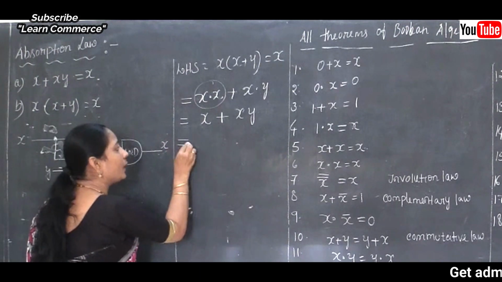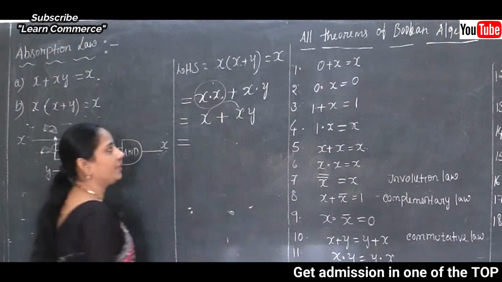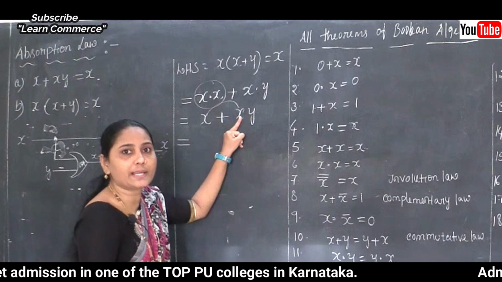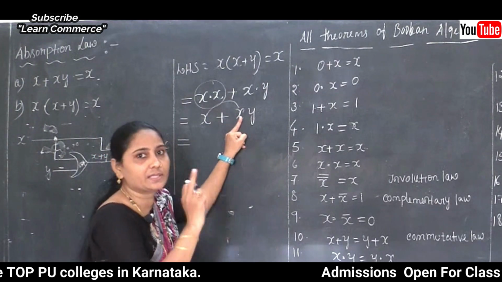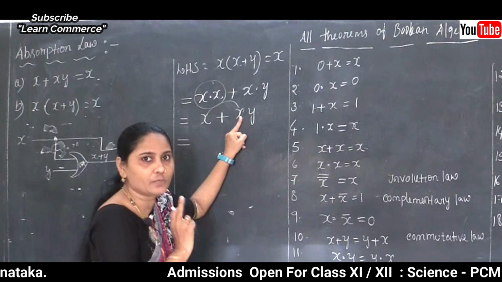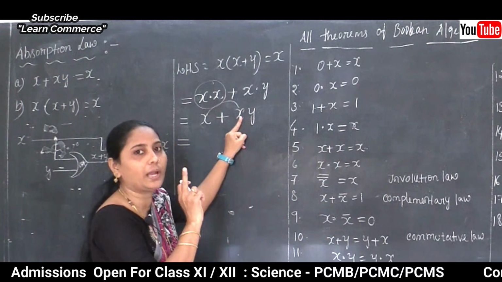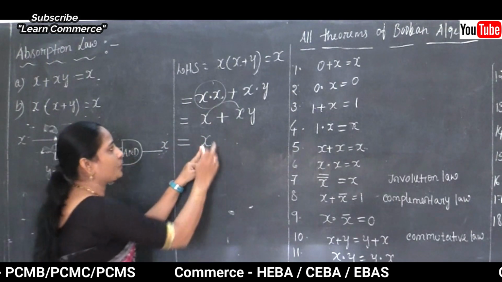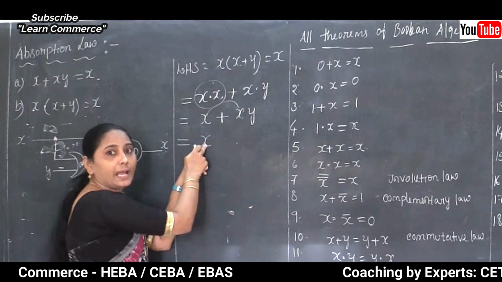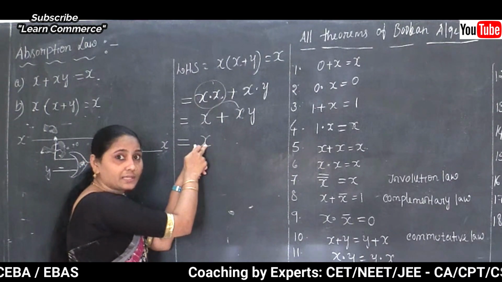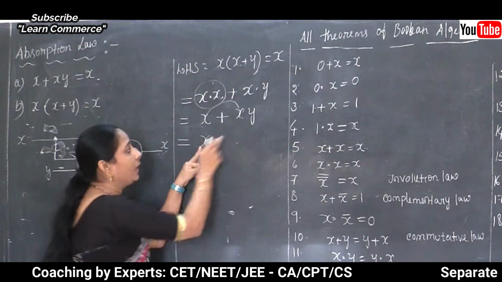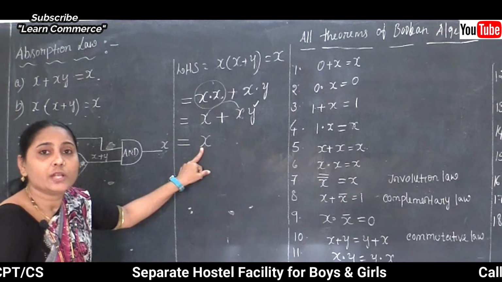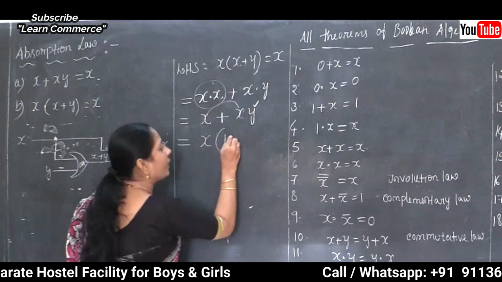And after completing this line, now we need to add the x. Okay, so x plus x, when you use x value equal to 0, so 0 plus 0, the value is 0, or maybe x value is equal to 1, 1 plus 1, the value is 1 only. So we just need to use the x value only. Clear this point here, x plus x, the value is x only, therefore x plus x is equal to x only. Now such y variable is there, we know that we can't take such variable alone, so such variable needs to be taken by using 1 plus y.